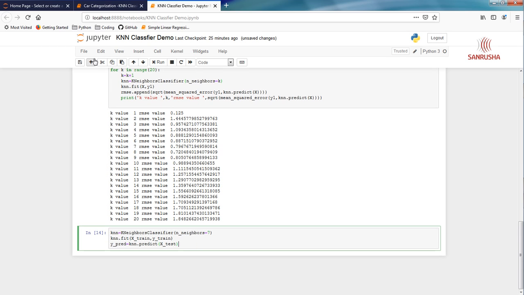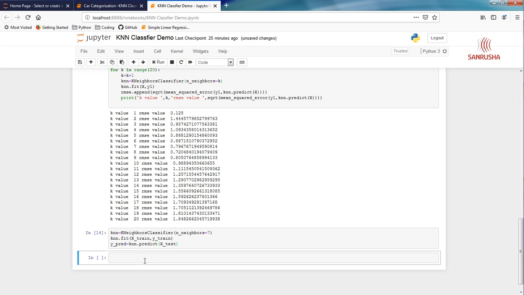Now let's measure the accuracy of our model. From sklearn import metrics, and then let's print the accuracy.